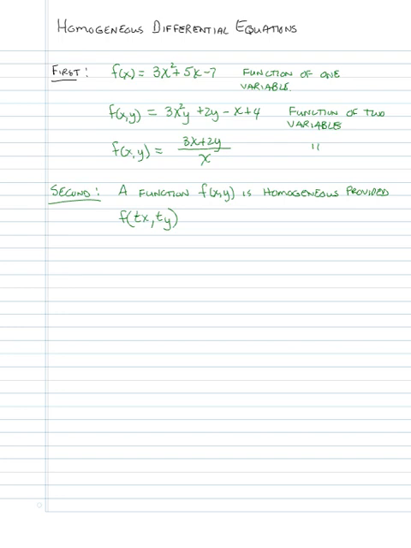So f of tx comma ty is equal to t to the power n times just f of xy,